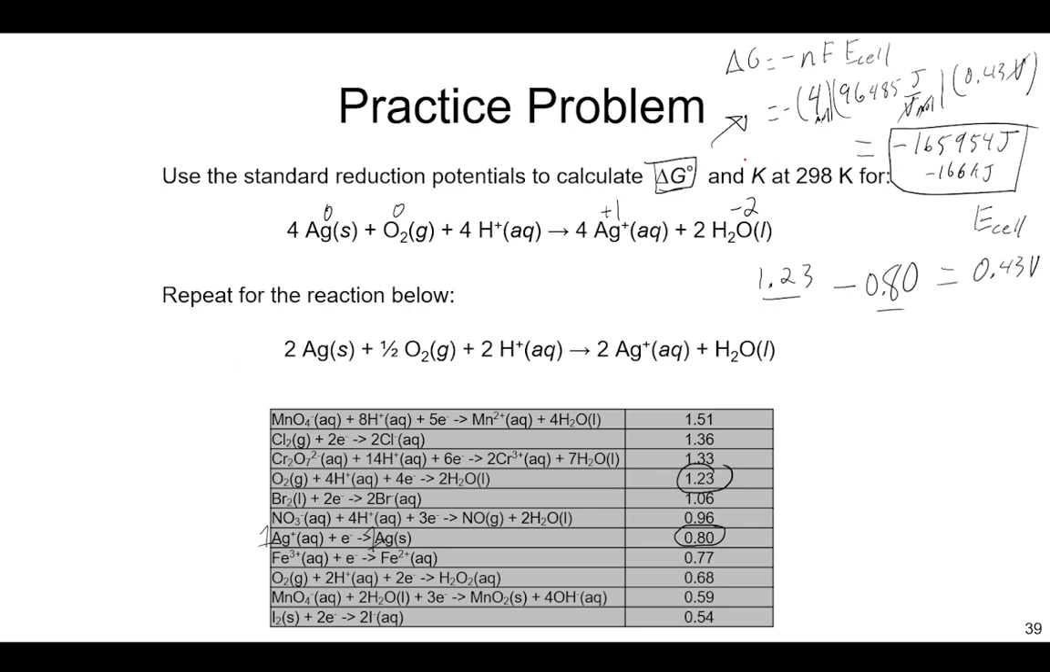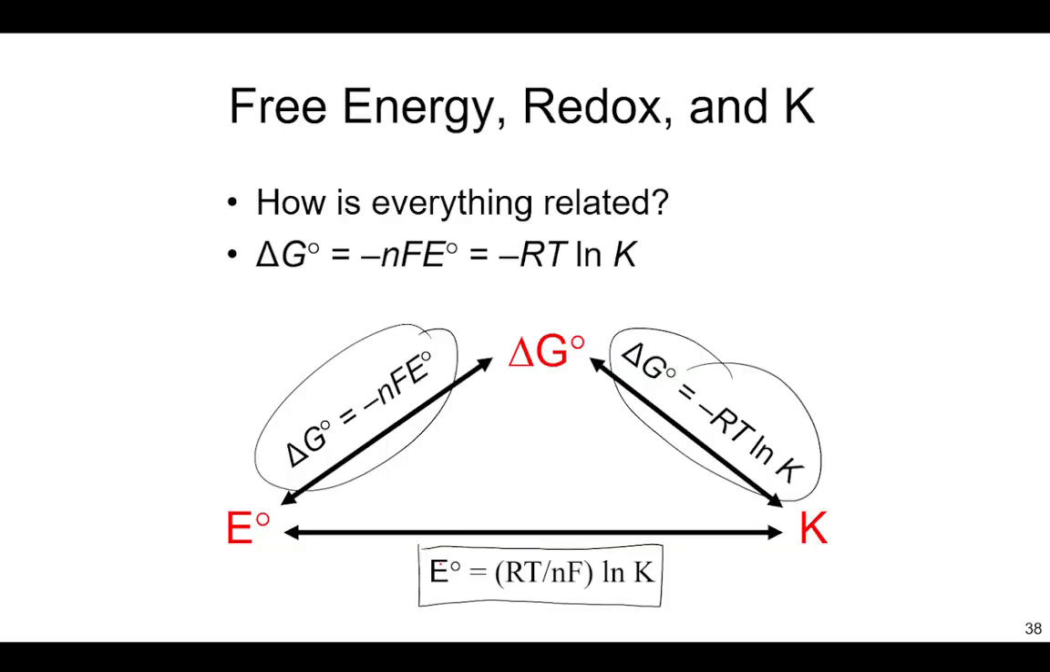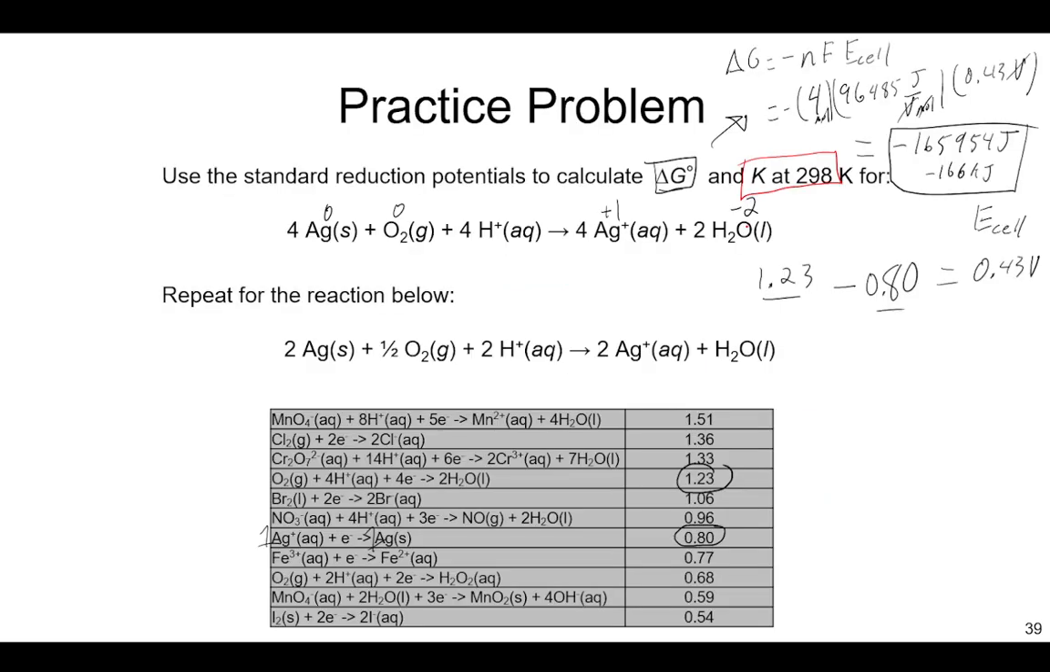Now, we need to calculate K as well at 298. And now that we have delta G, I suppose we could calculate it backwards from here, but it's also pretty easy now that we have delta G. Right, we know delta G is -RT ln K. We can plug in this delta G, -165,954 joules equals -RT